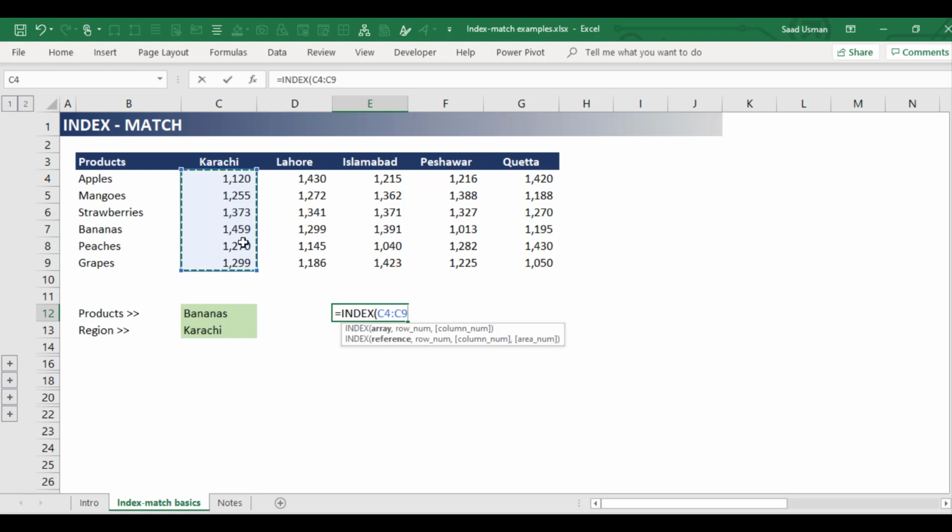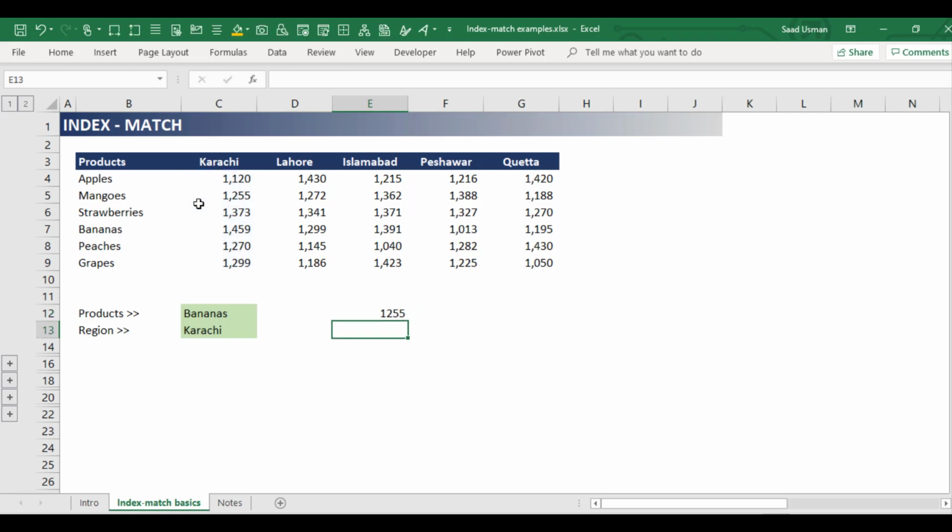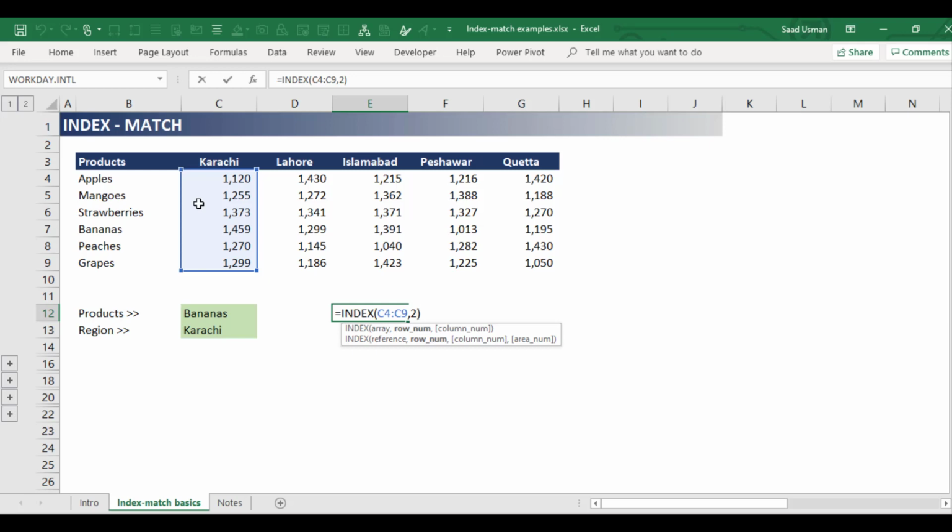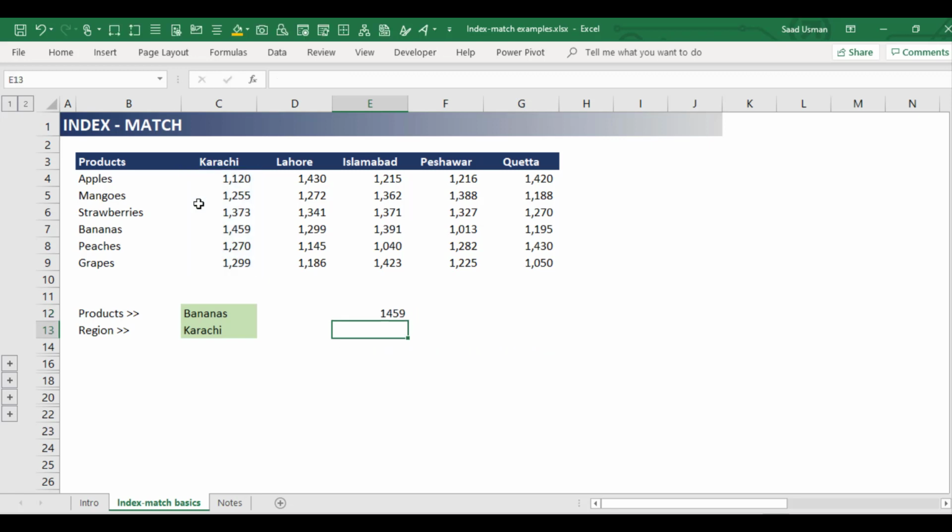So I will select this Karachi region sales, and from this I will select the row number. The row number of mangoes is row number 2. So I will manually put in 2 and I will get the answer of 1255, which is the sales of mango in Karachi region. Similarly, if I want to find out the sales of, let's say, bananas, I will just have to change the row number from 2 to 4 and I will get the sales of bananas in